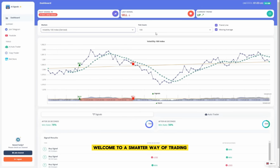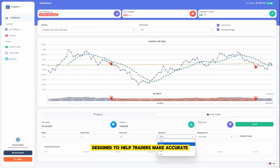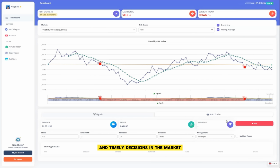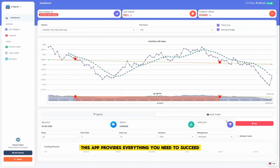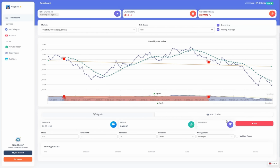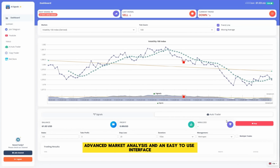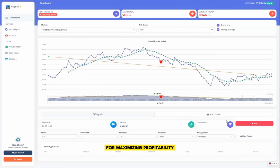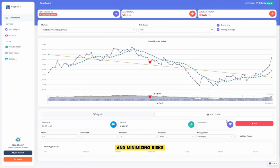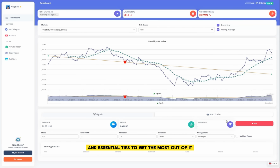Welcome to a smarter way of trading with this revolutionary AI-powered signal app, designed to help traders make accurate and timely decisions in the market. Whether you're new to trading or an experienced professional, this app provides everything you need to succeed. With real-time signals, advanced market analysis, and an easy-to-use interface, this app is your ultimate companion for maximizing profitability and minimizing risks. Let's dive into how this app works, its key features, and essential tips to get the most out